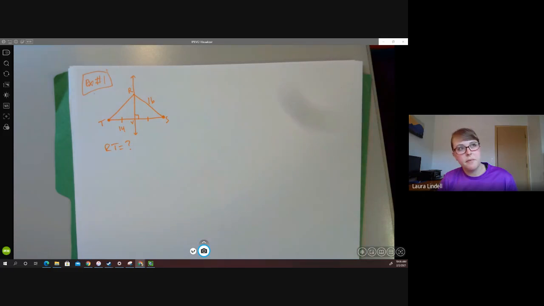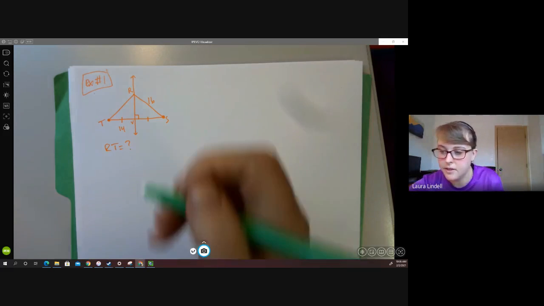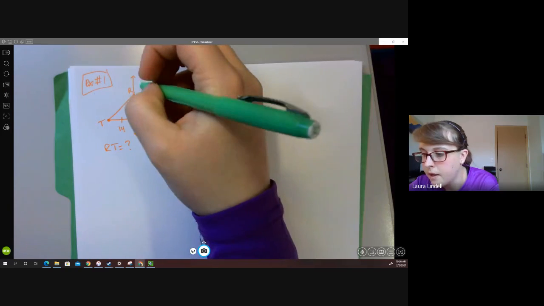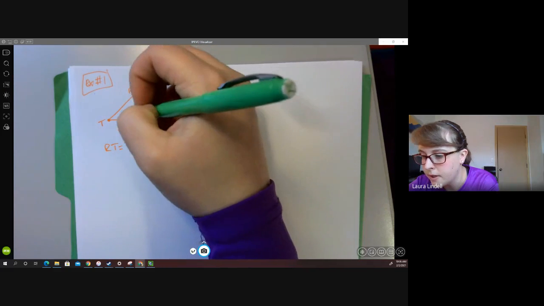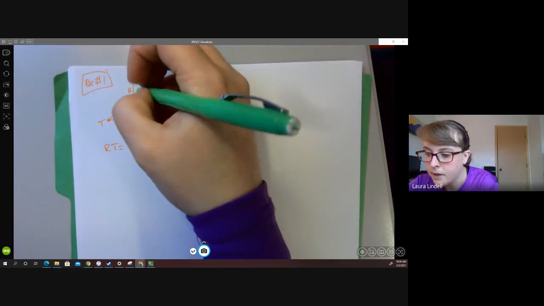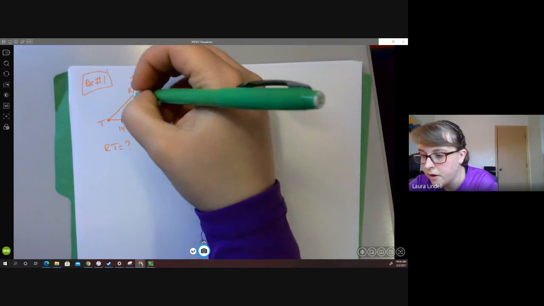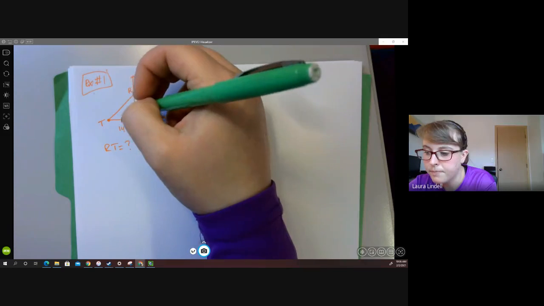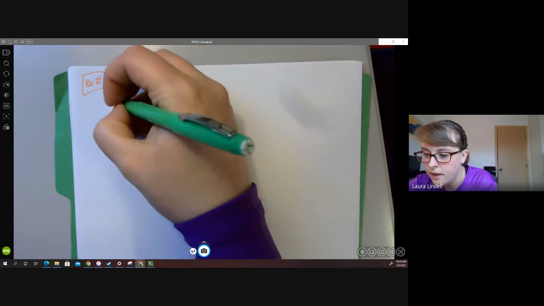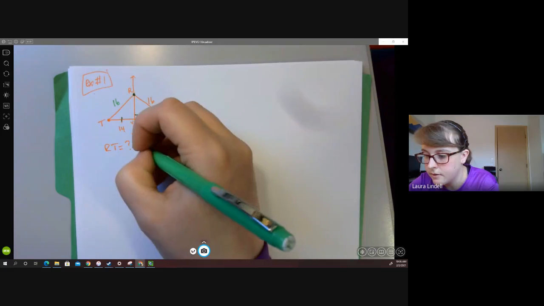All right, Caleb thinks it's 16. I agree with Caleb, because we can see that this line right here is the perpendicular bisector. Since we know that this is perpendicular and that it cuts this segment in half, that means that since R is on the perpendicular bisector, it's the same distance to S as it is to T. So that means that this would be 16